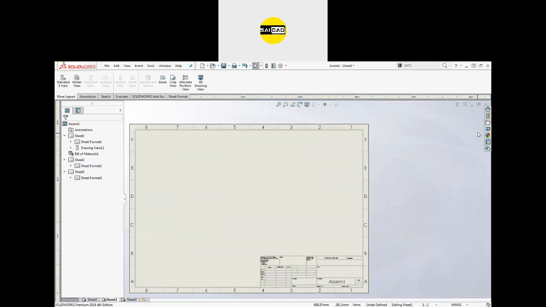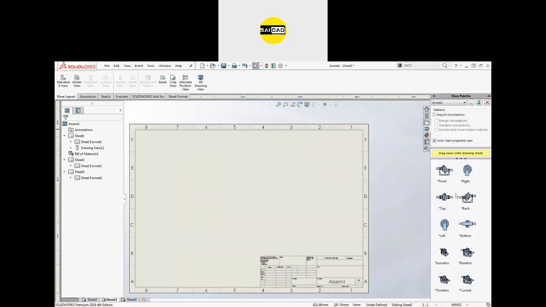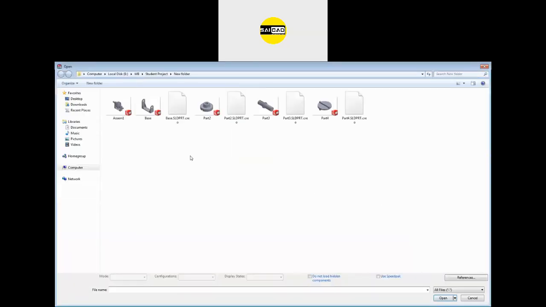To activate the sheet 2, now we have to insert some views here. So now if you go to the palette, you will see we have the views directly for the assembly, but I want the views now for the part. So to select a part, just go here, you will see only assembly one. So there is the browse button, click on that, and you will see all the parts.